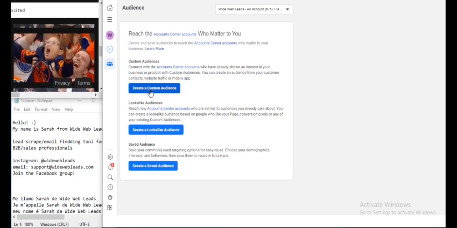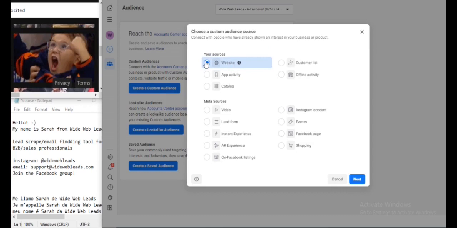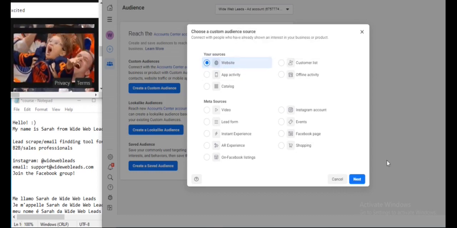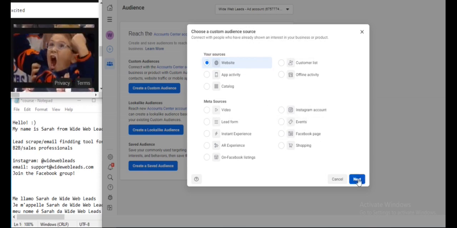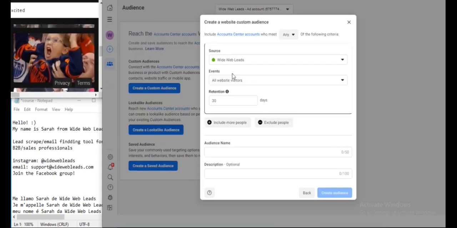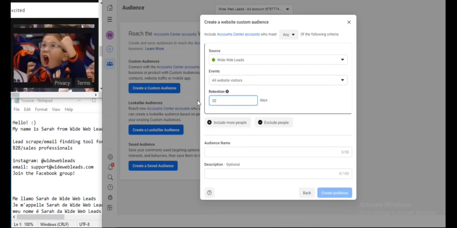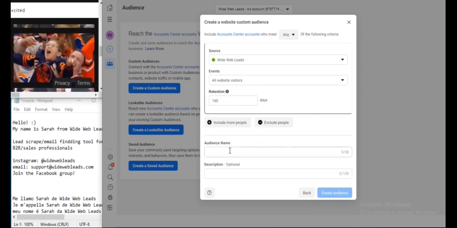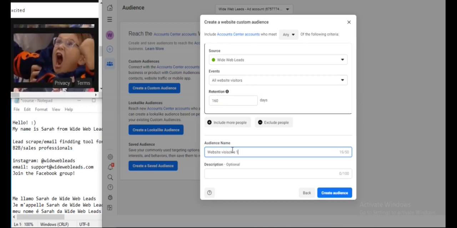Create a custom audience. Website. So this would be our source. So yes, we'll just do website for now. But you can do Instagram account if you don't have a website. And this will be all website visitors in the last 160 days. Pretty sure, yep. This will be website visitors 160.